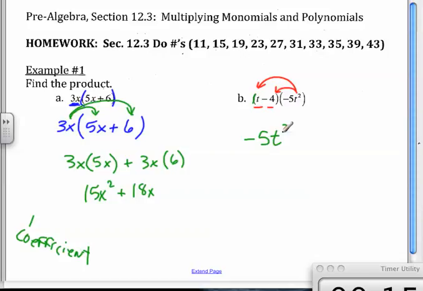But I still need to distribute to the second term. What do I get when I multiply negative 5 times negative 4? I get positive 20. Great job, because a negative